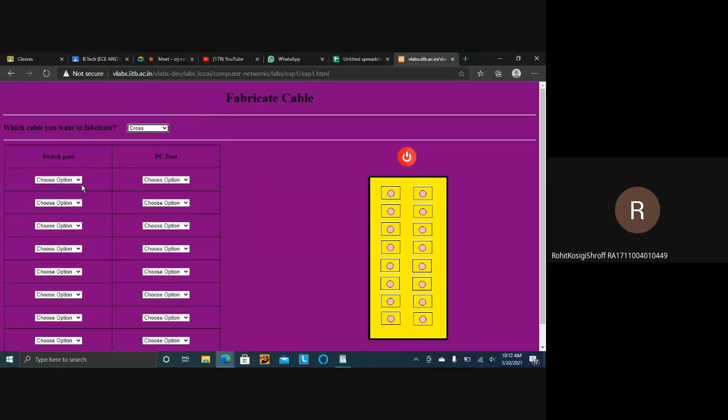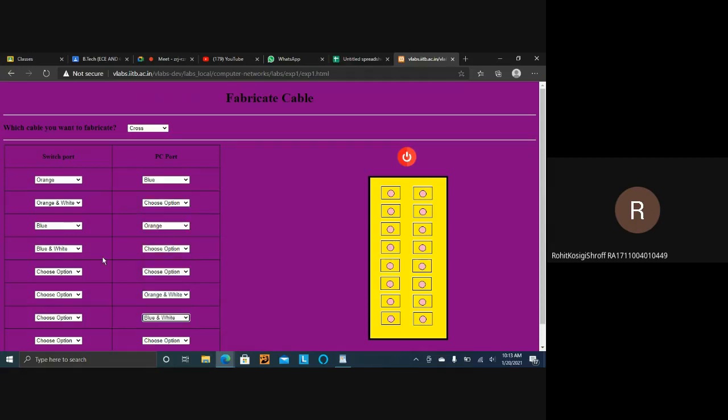Here we select the crossover, and here we select a color in the first one. The same color should be taken in the third port of the PC port. So orange here; the second one is connected to the sixth one. The third one should be connected to the first one. The fourth one should be connected to the seventh one.